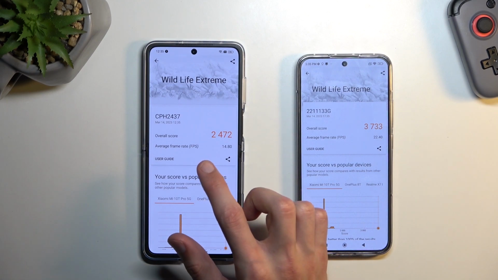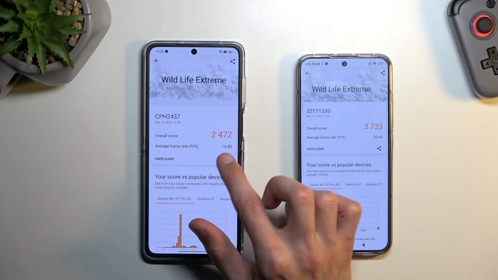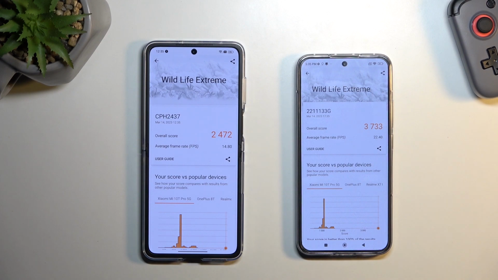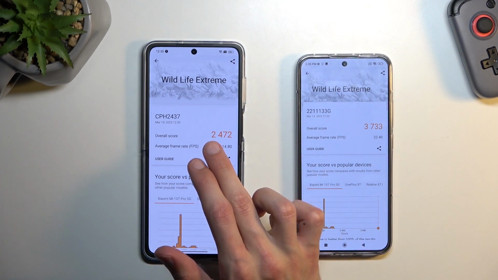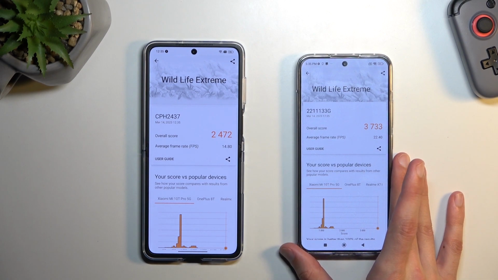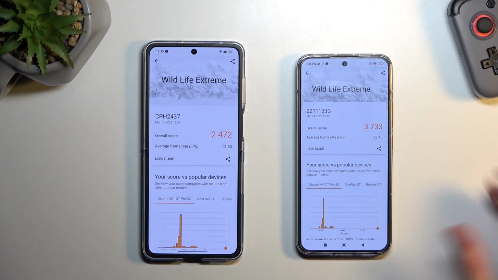So right here we have average frame rates of 14.8 frames, while this one was getting 22.4, so this is actually a decent increase, with the overall score at the OPPO having 2472, while the Xiaomi 13 has a significantly higher score of